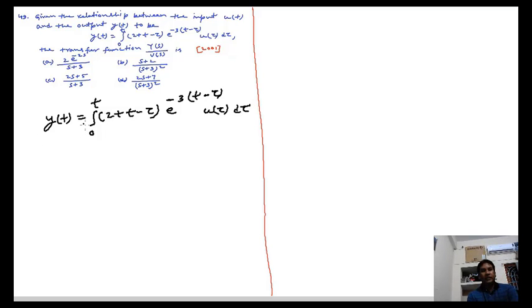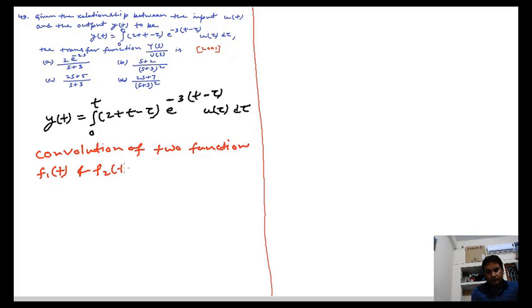Now we can easily see that this integral is nothing but the convolution of two functions. Suppose there are two functions f1t and f2t. Then the convolution of two functions f1t and f2t is given by